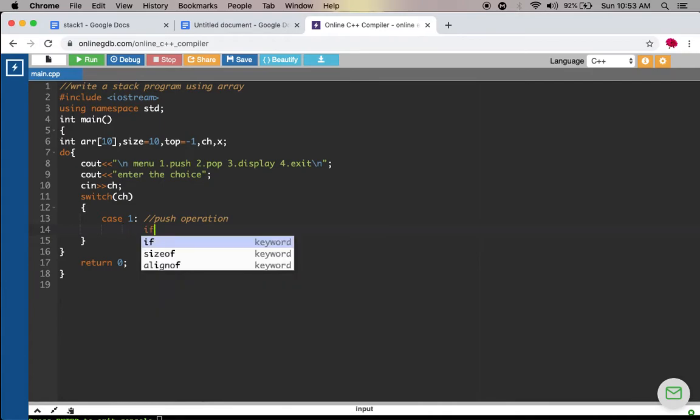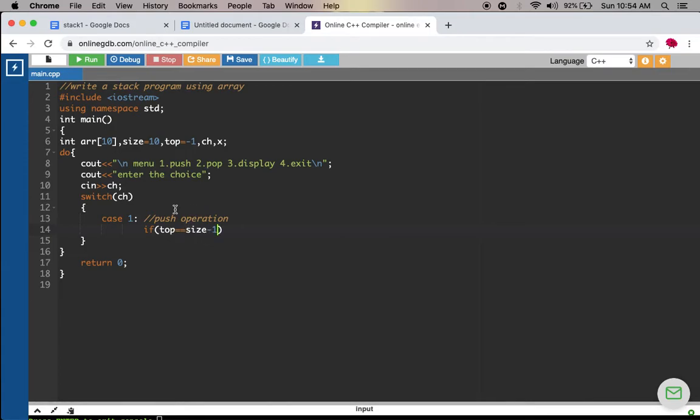In order to perform the push operation, first we have to check whether the stack is full or not, overflow or not. So the condition to find out whether the stack is overflow or not is top equal to size - 1.